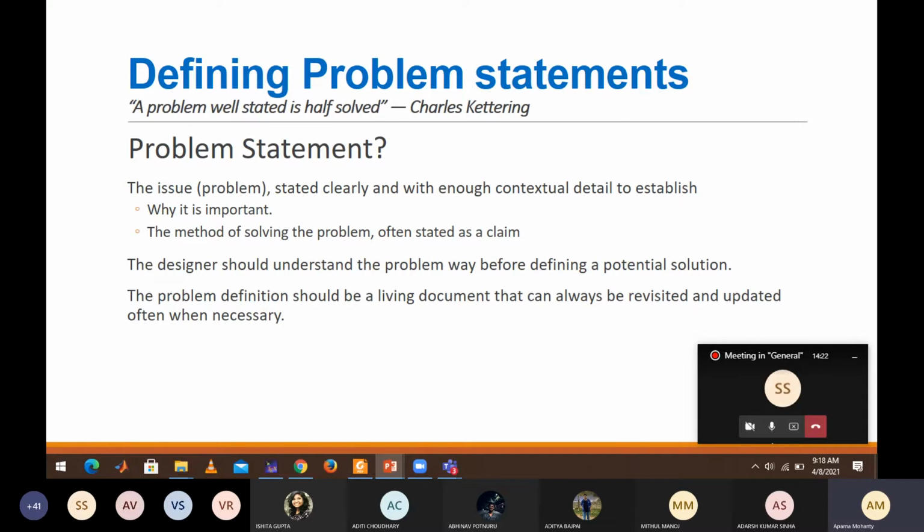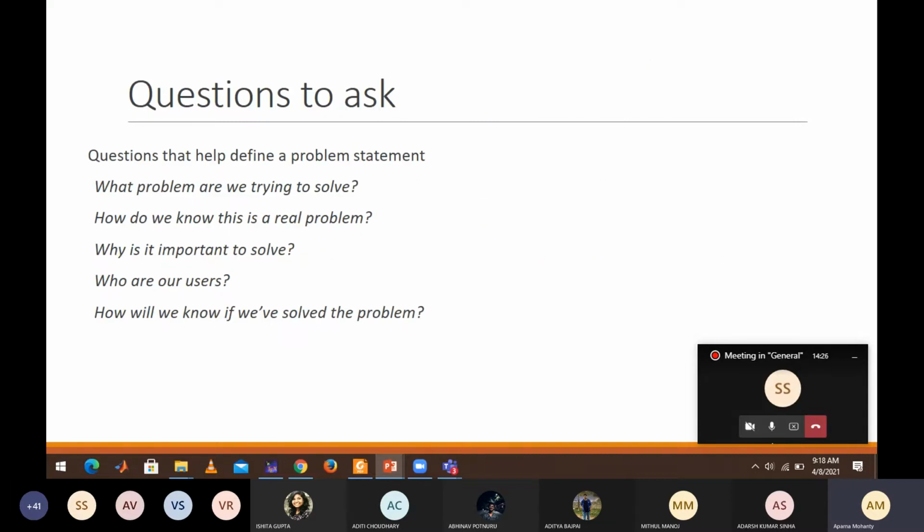Whenever you go for defining your problem statement, there are so many questions that go around in your mind. What problem are we trying to solve? So what is the problem? That is the first thing. Then, how do we know this is a real problem? Some people think this is a problem but it isn't a real problem.